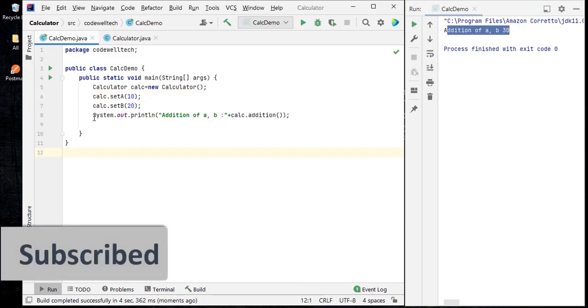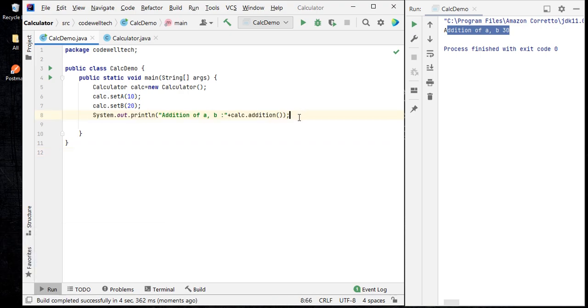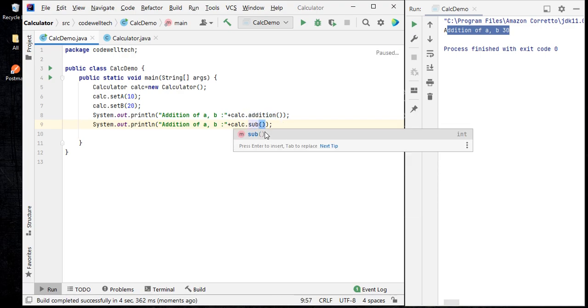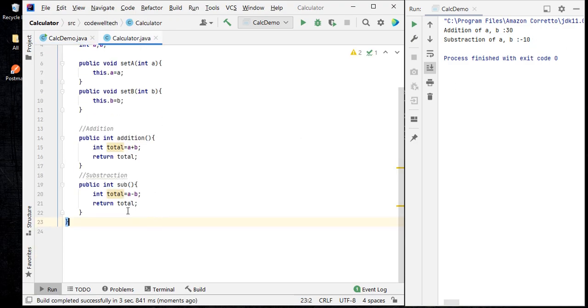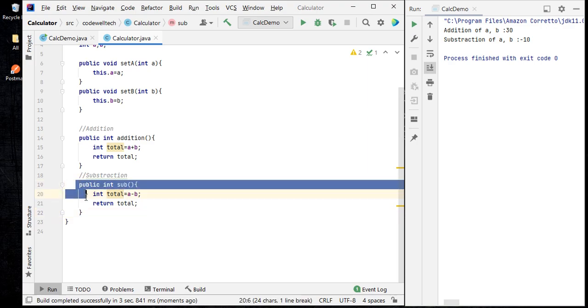And the same way you can call the subtraction method too. So here you can give calc dot addition, and the same way just call subtraction, and you can see both values, because 10 minus 20 is minus 10. And the same way you can define the multiplication and division also.